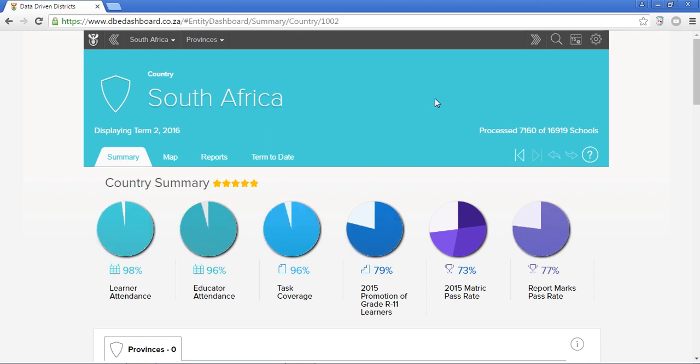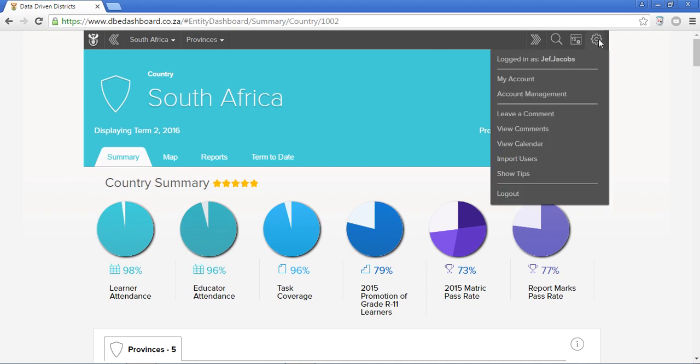Once you log in, you should land on your landing page or your login entity. Mine is South Africa. Yours might not be that. Yours might be a province or a district. And yeah, this is the normal DDD Dashboard website. And if you want to create new users or edit users or view your account, you'll go to the settings